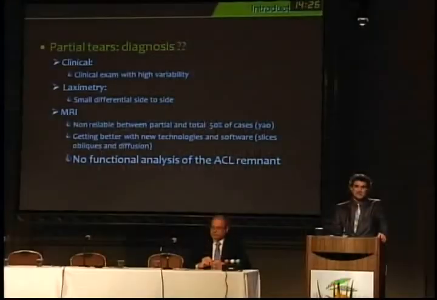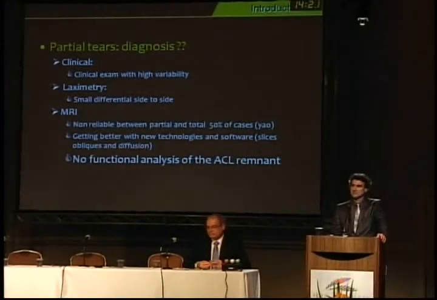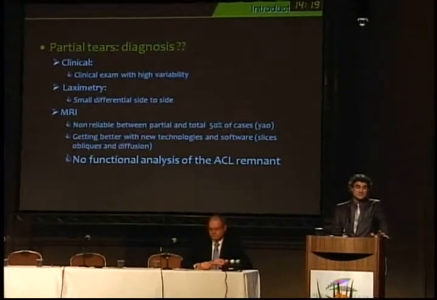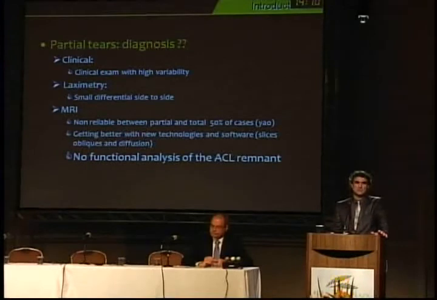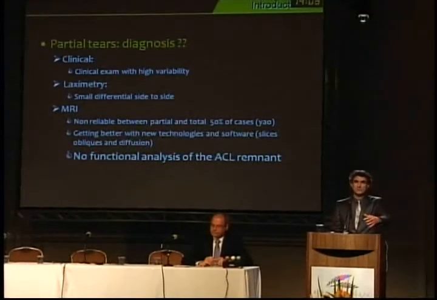You have the clinical exam, and the most reliable test is probably the pivot shift, but sometimes the patient is difficult to do it. We use the laximetry using the KT1000 or tear loss evaluation, and you will see that you have small differences side to side. And when you look on the MRI, the first MRI, it's always difficult to make the difference between a partial tear or a complete tear, especially if you do it